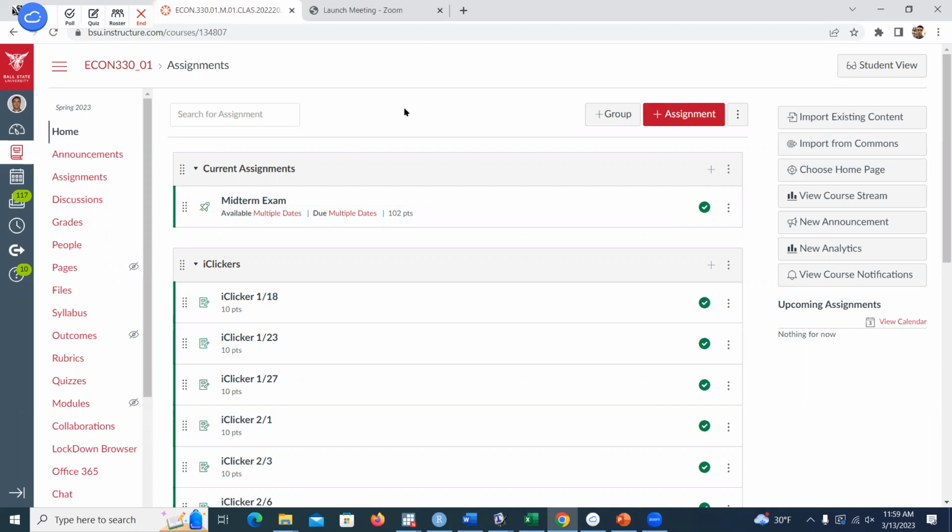But I will get things changed around in Canvas today or tomorrow to reflect more where your current grade is at, weighting the midterm according to the syllabus, weighting the I-50s and the homeworks according to the syllabus, and get you a better idea of where your grade's at after the exam, right? But you can see what your score was on that midterm in Canvas now, okay?